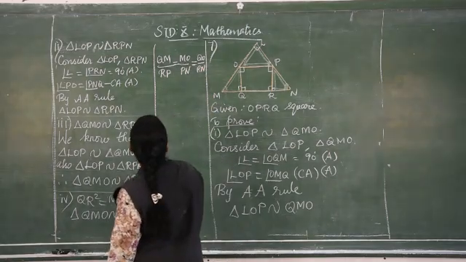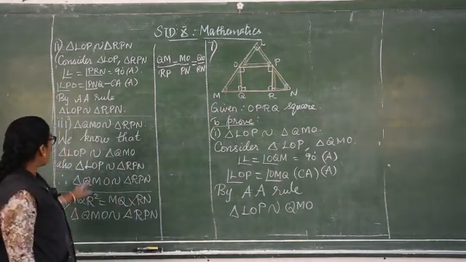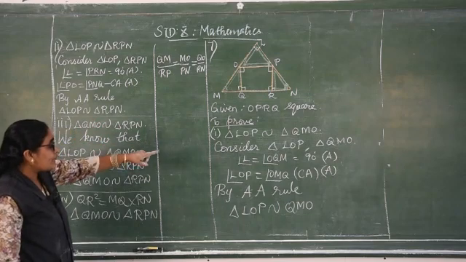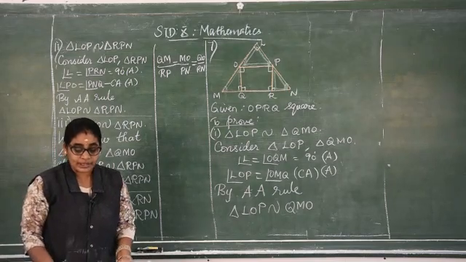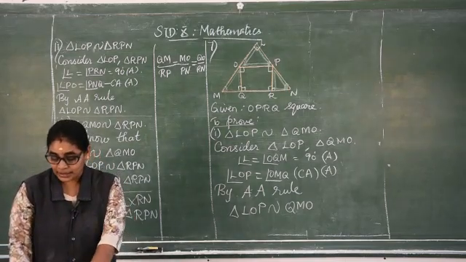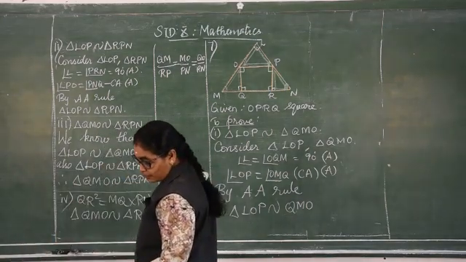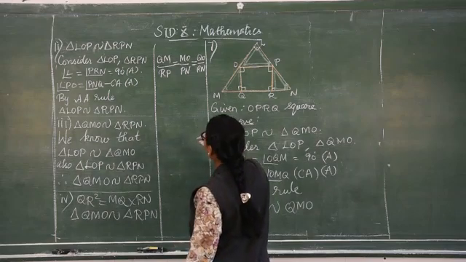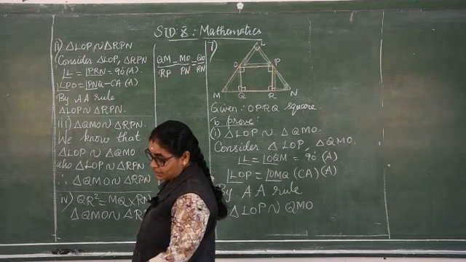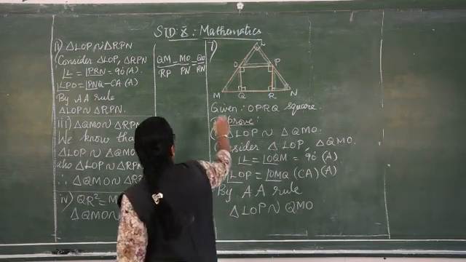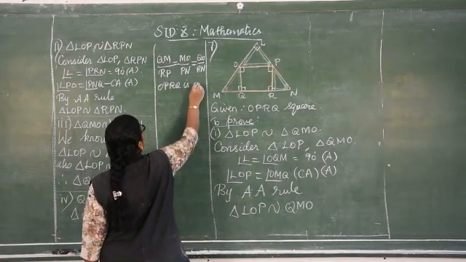So which one we need? QR we need. So we don't get a QR here. So what else we have to write for this one? Again we have to go and compare the remaining parts. What are the remaining parts we have to prove for this triangle? Because one more triangle when you prove, then we will be coming to a conclusion that how we can prove all these things. RPN, using this one we have proved this one MP, that is MQ, where we have written QMO, that is QMO is similar to RPN, and we know that OPRQ is a square.